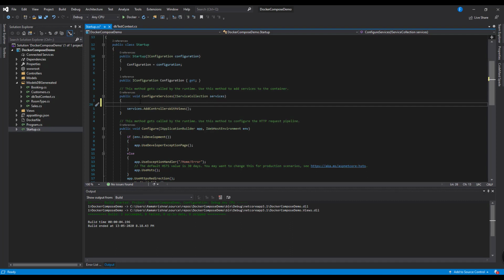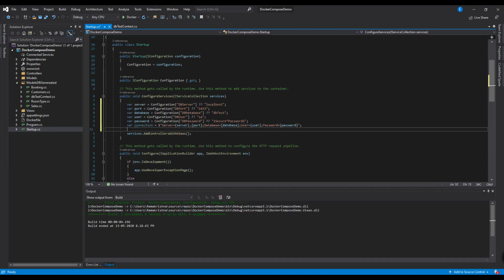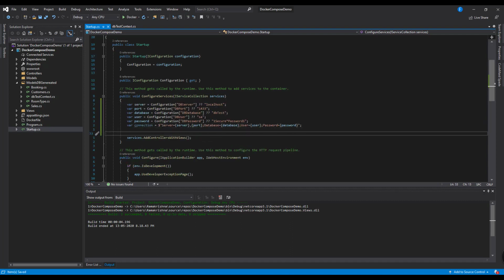To speed up things, let me copy paste this code. Here we have the connection string property, where we'll set an environment in the Docker Compose file. We'll set these values over there: db service, db port.